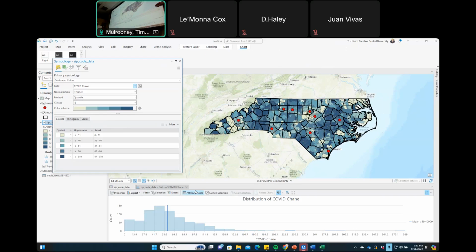All right, so getting back to this, if I were to make this equal interval, okay, now equal interval, basically I have 5 classes that go from 0 to 389. I'm gonna have to do some math again, but 0 to 80 is in one class, 80 to 160, 160 to 240, 240 to 320, 320 to 389. Watch what happens. This is the same exact data. If I were to make this equal interval, what just happened in my map?